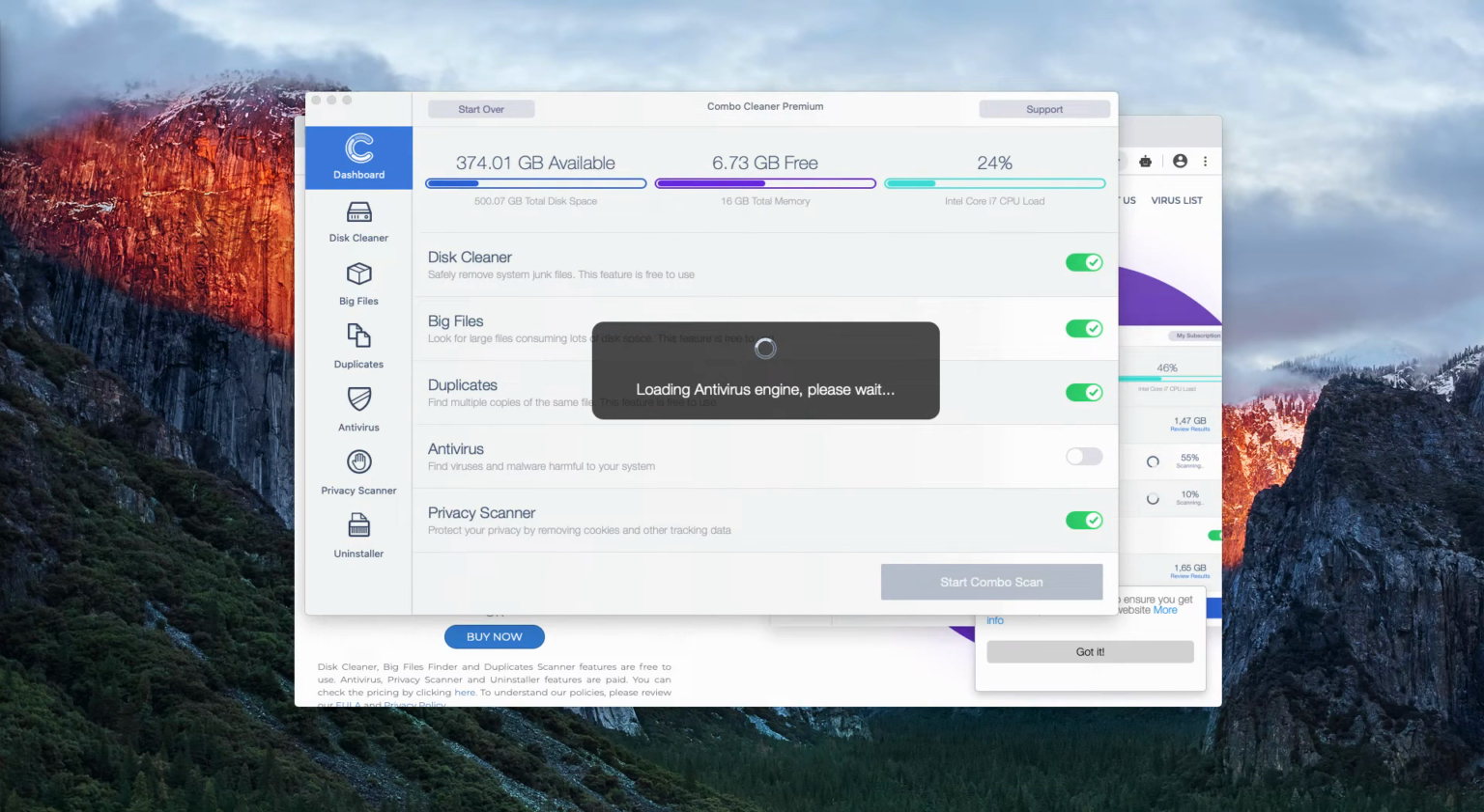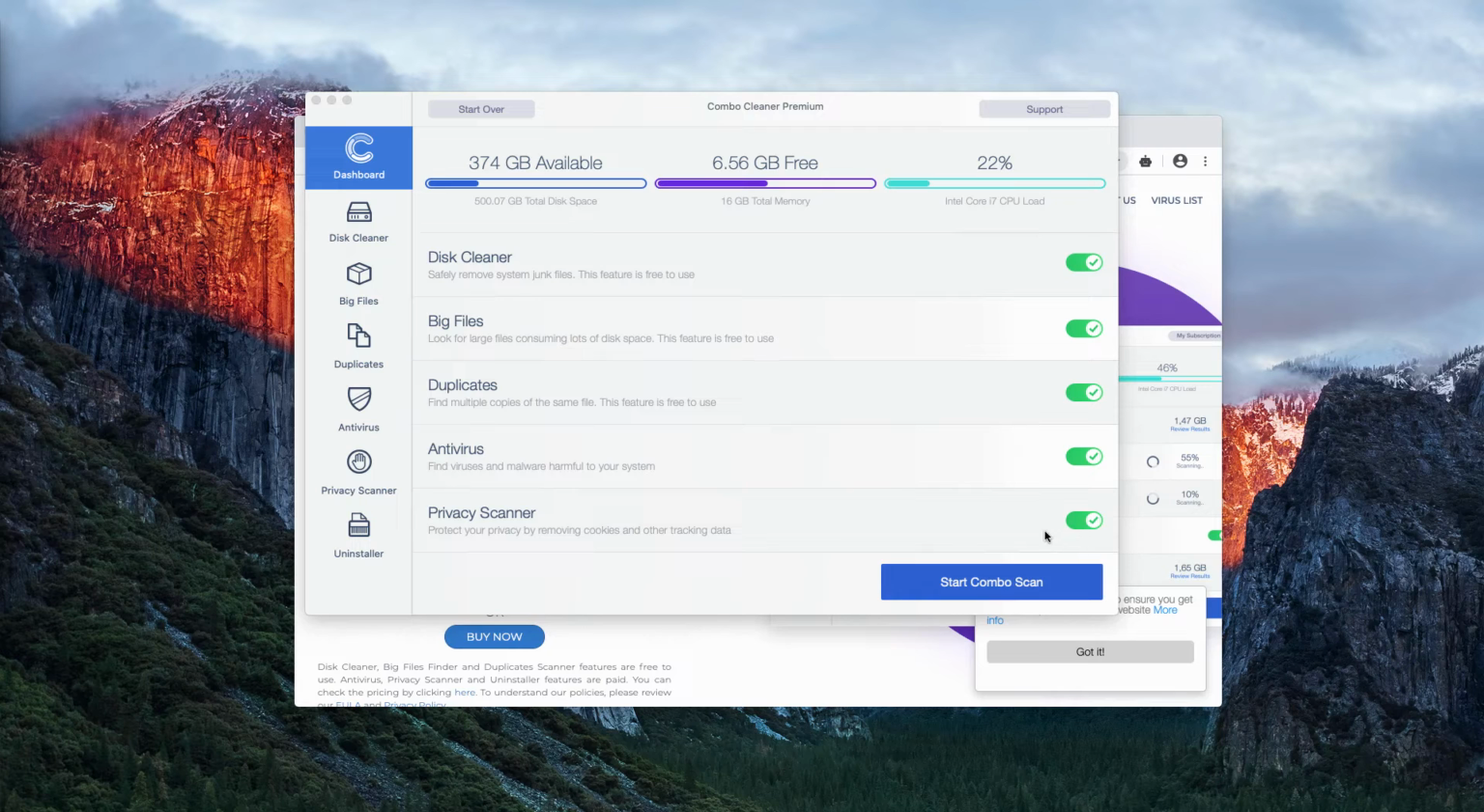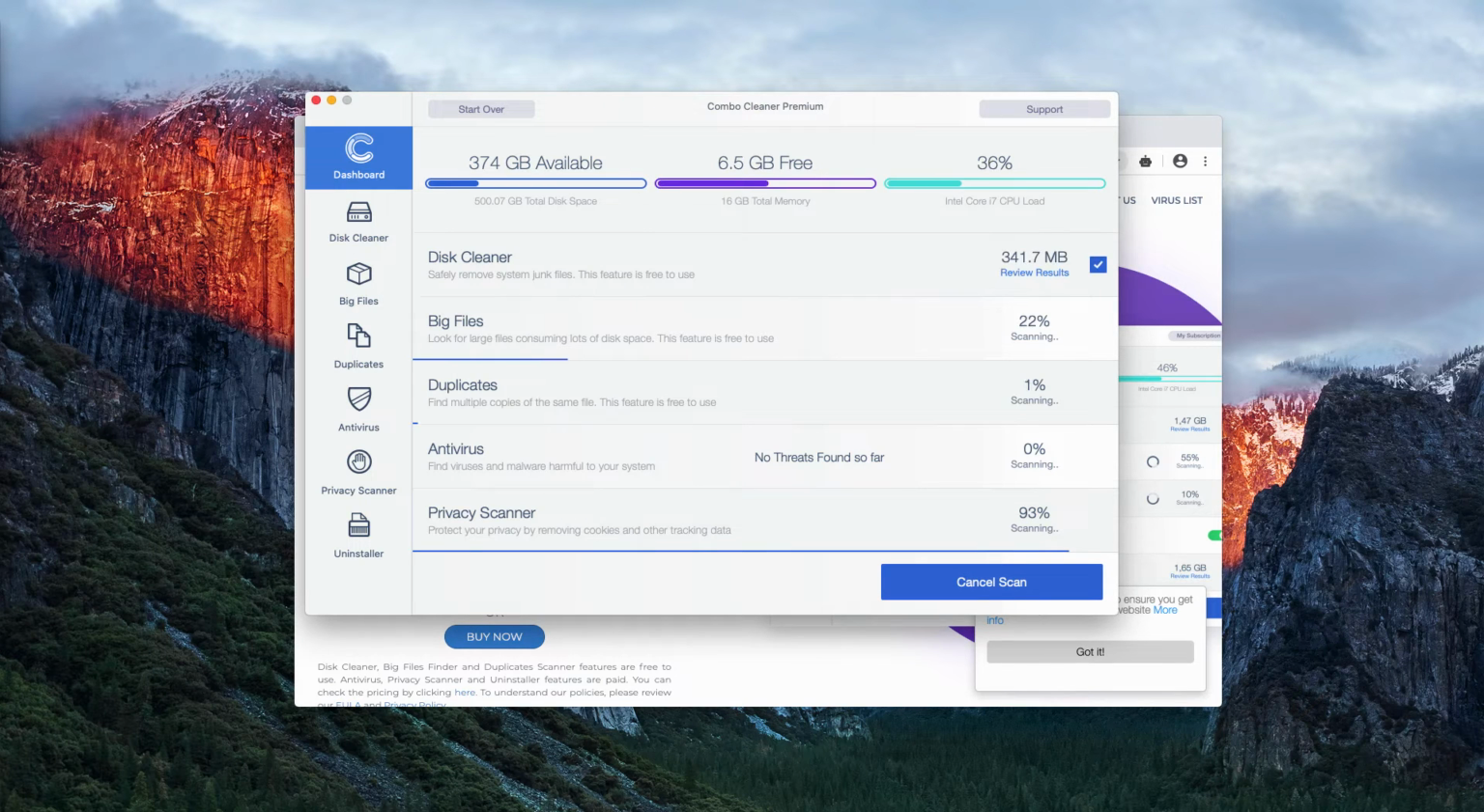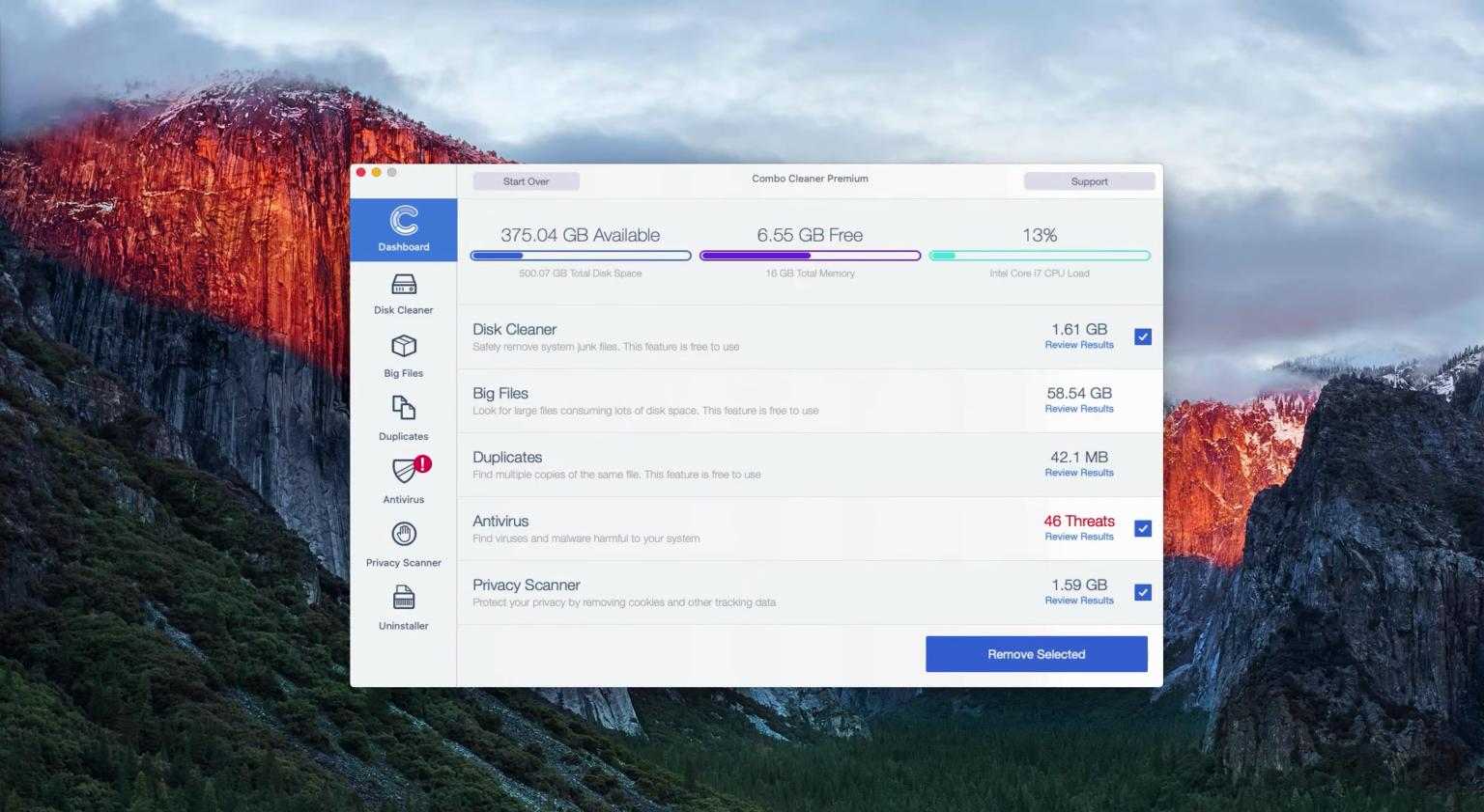It will update its antivirus database first of all, and then you'll need to click on Start Combo Scan button to initiate the detailed research and investigation of your Mac computer. This is the end of scanning by Combo Cleaner antivirus. At the end of scan, you will see the detailed analysis of your system, giving you a chance to apply